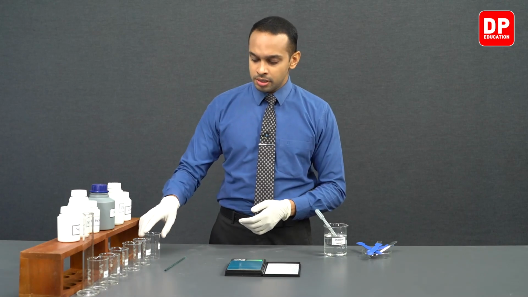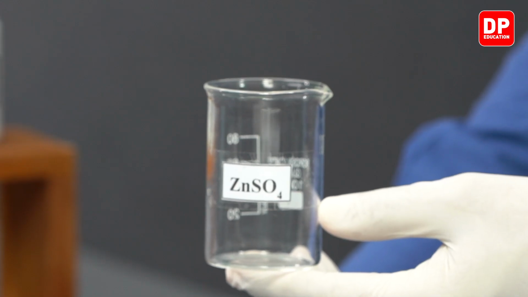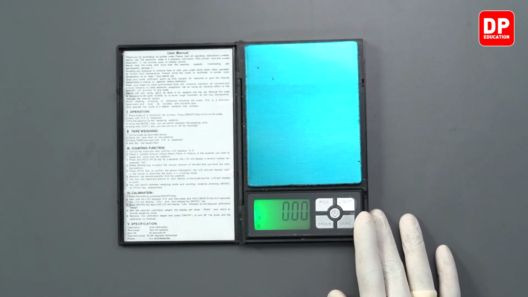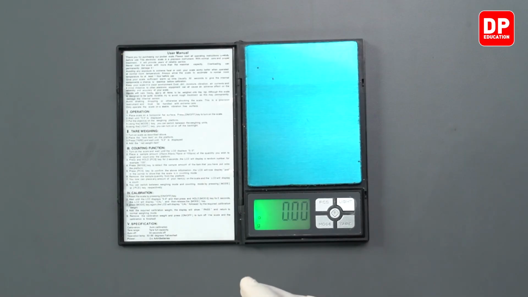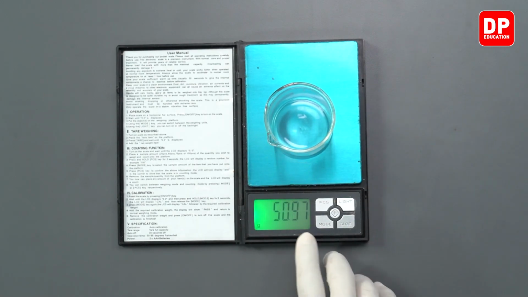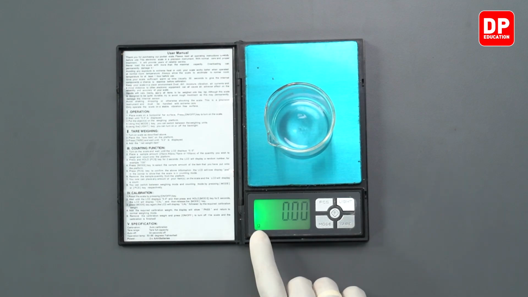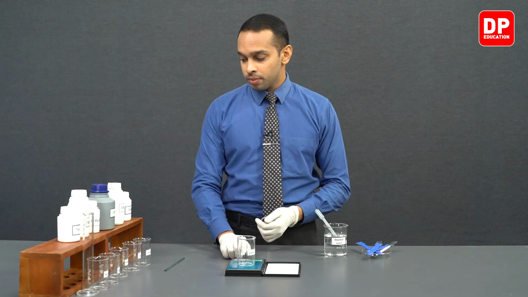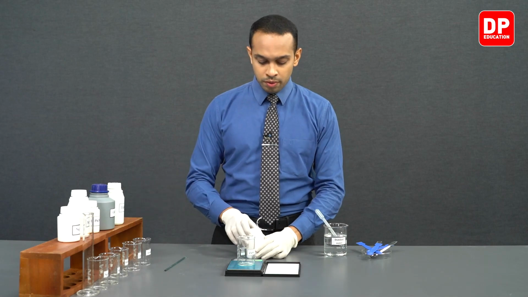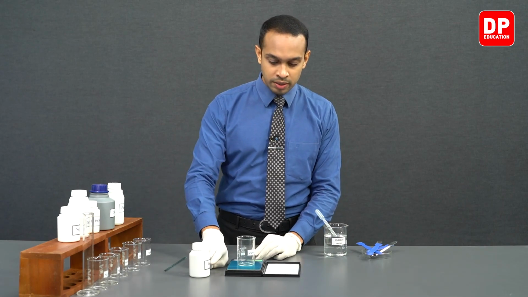We have a beaker labeled zinc sulfate, and we have our digital balance turned on. We are going to place this beaker on the digital balance, and it reads 50.97, but we do not need this measurement as we are going to tare the digital balance and get it to read 0. Afterwards, we will take our zinc sulfate solid. So what we have over here is our zinc sulfate solid,